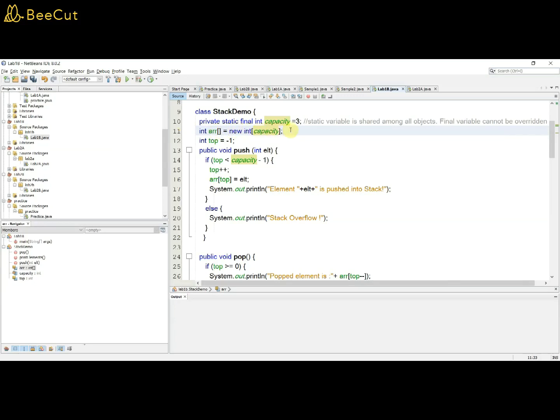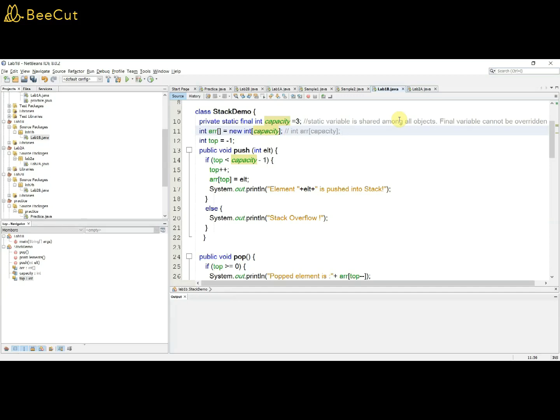Just compare this against the C declaration, int arr of capacity. Note the difference between the array declaration of C and Java.